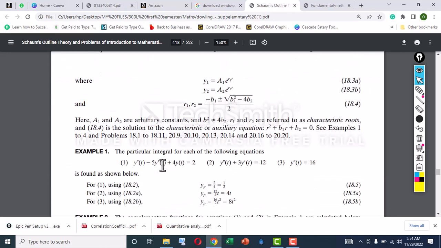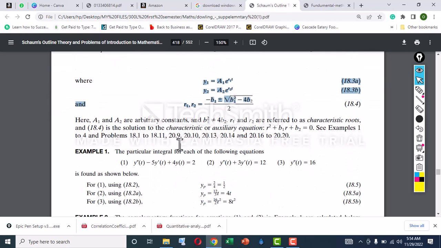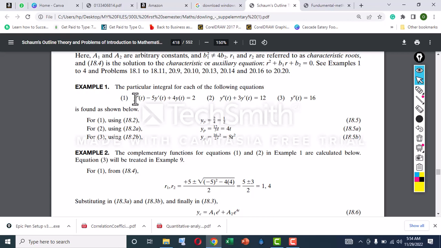So this is actually a different question. We have 3 questions here, and we are now to find the particular integral for each of the 3. We are asked to find general solutions, so we are not using all these guys, and you don't need to add the 2 together when you are done. So we are to just find the particular. Now from here,